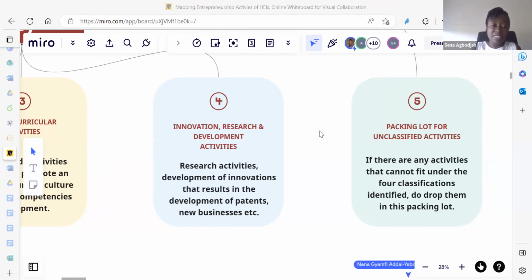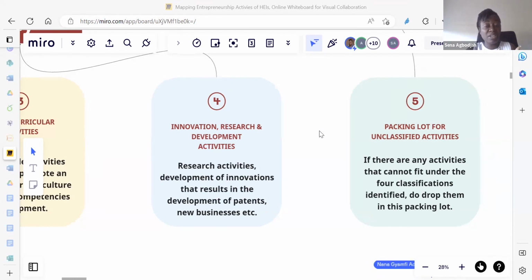Or it's an engineering workshop and you are working on some research projects that are helping you come up with, say, a harvester, and eventually that can become a product that you put out there to commercialize. So this is the innovation, research, and development activities that you undertake.